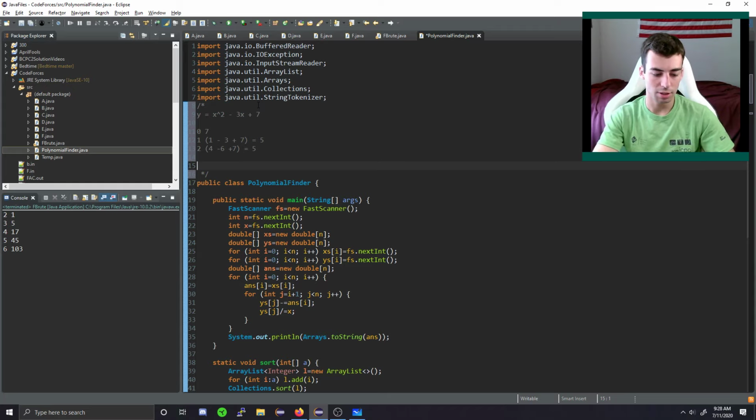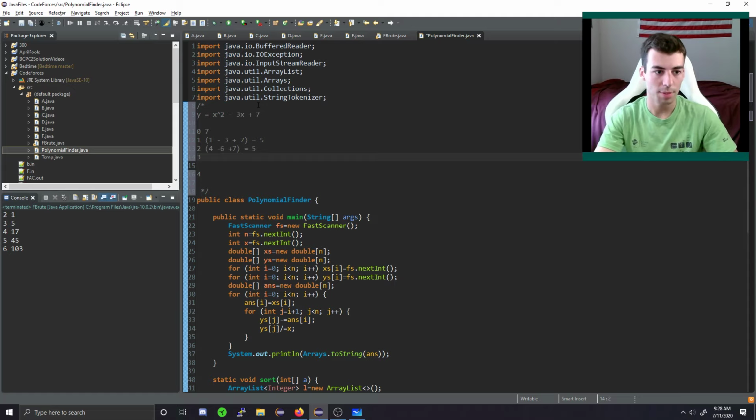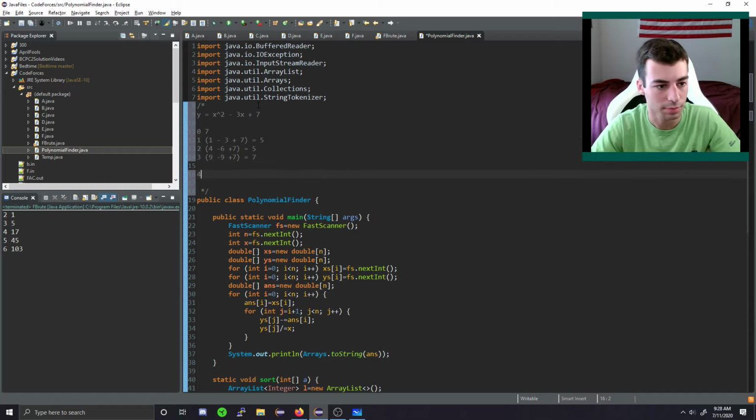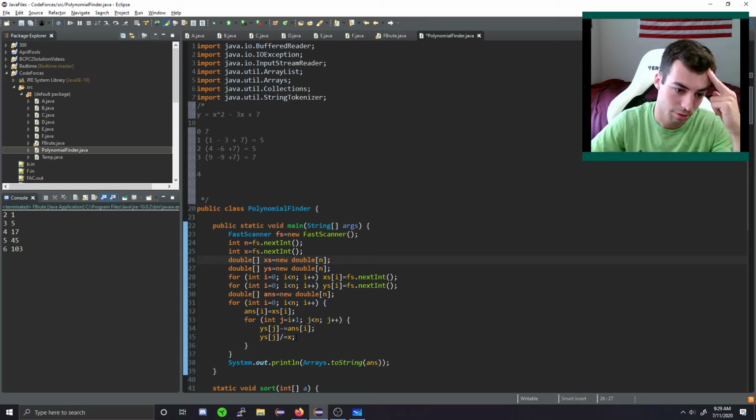Okay, so the format is going to be the polynomial of degree, let's do degree 4 actually, just see what happens. So at 3, this would be 9, negative 9, positive 7. So 4, oh wait, divided by equals